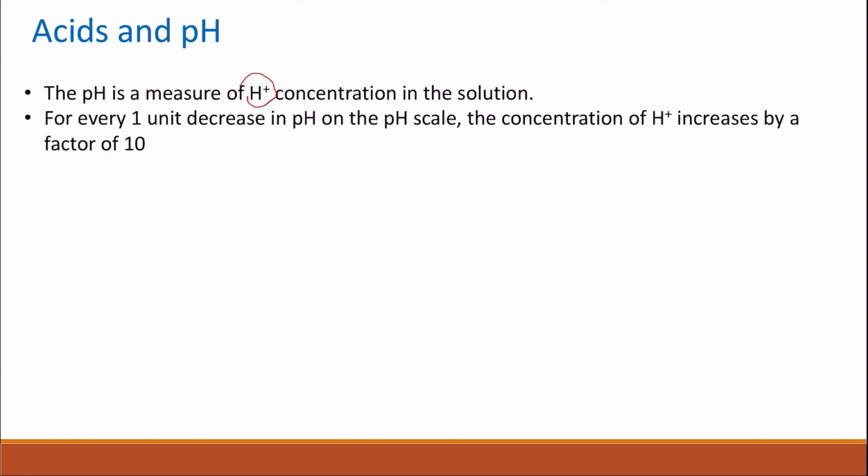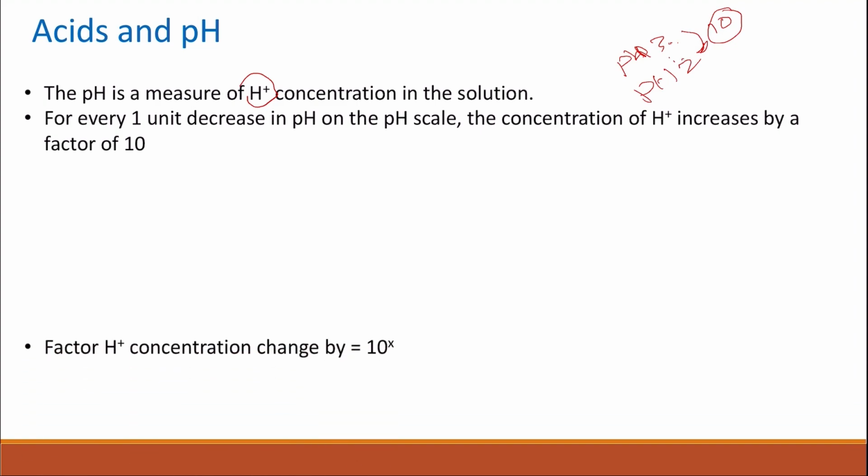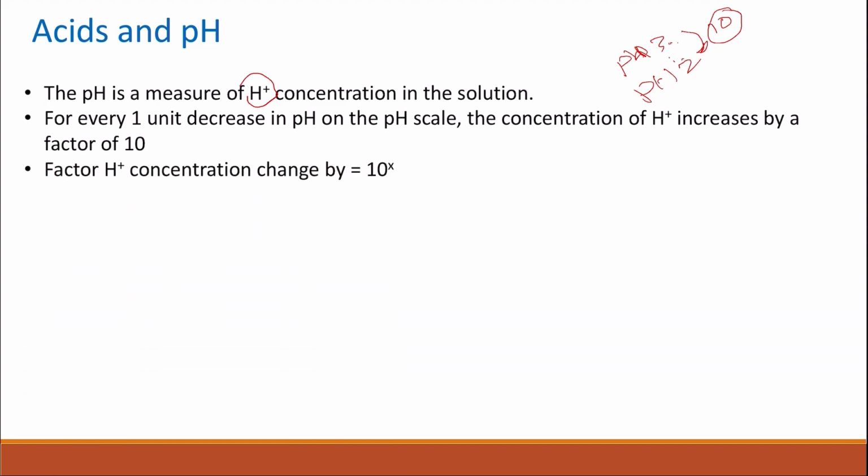For example, if you have a solution with pH 3, and then you have another solution of pH 2, then the pH 2 means that the concentration of the hydrogen ion has increased by 10 times, by a factor of 10, because there is a change in the pH by one value. The factor, in general, of hydrogen ion concentration for any solution will change by a